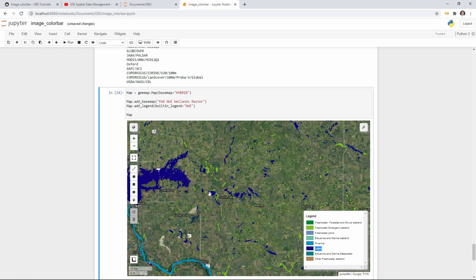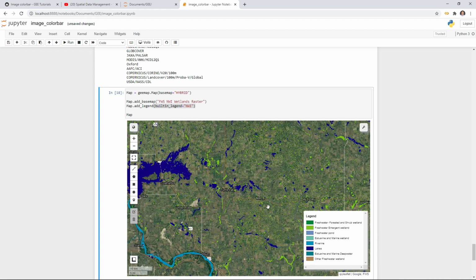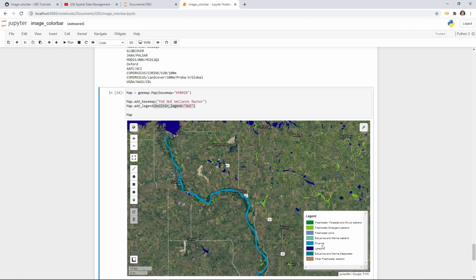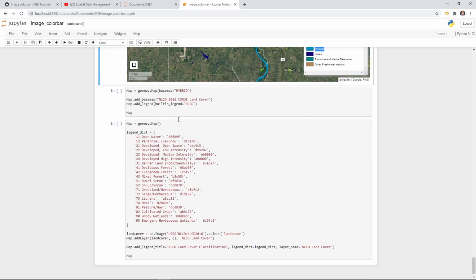And this is how easy it is, right? You can add the layer, the base map, and then you can add the legend. So the user will be able to understand what each color represents, what the features are. For example, this is a river line, right? So from here, this one is for wetlands. Similarly, you can do that for